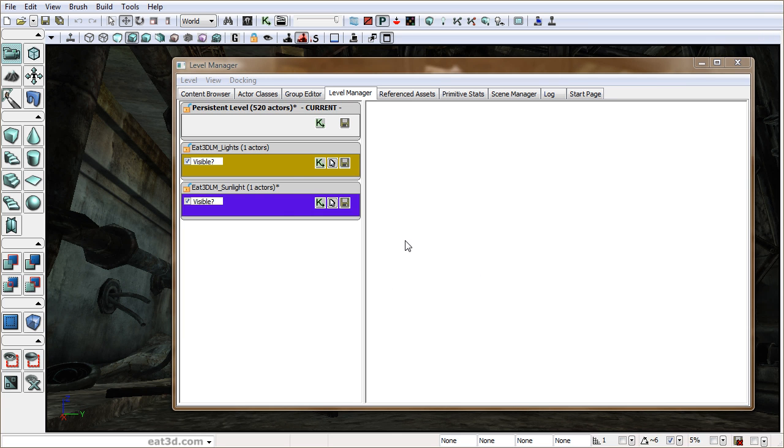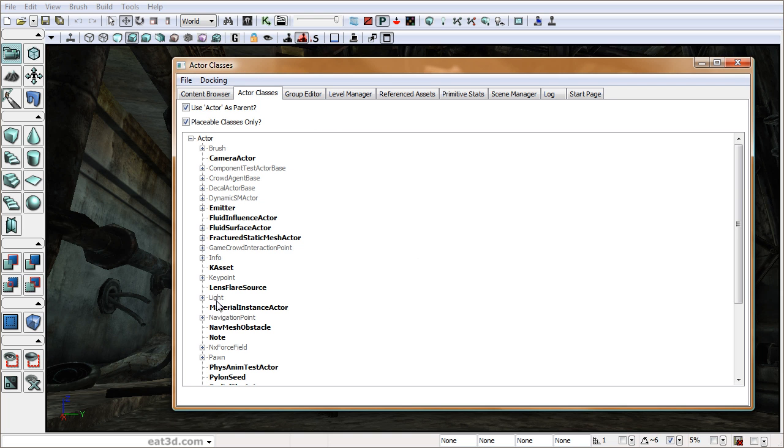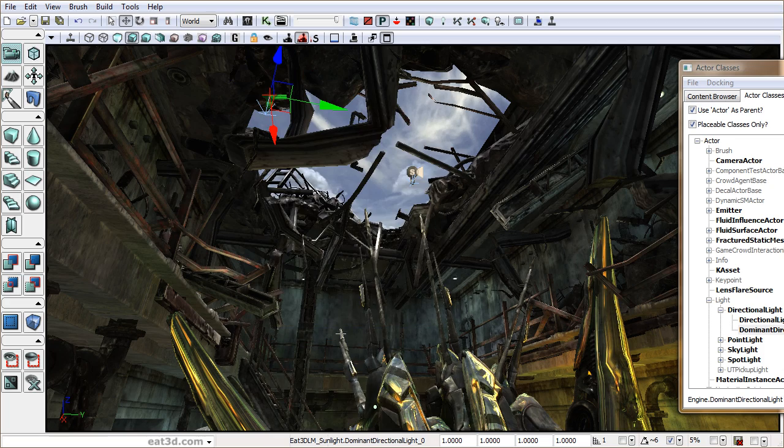Kismet is fine. Save the persistent, make the sunlight current, go to Actor Classes, Light, Directional Light, and Dominant Directional Light. Right click, add Dominant Directional Light here,